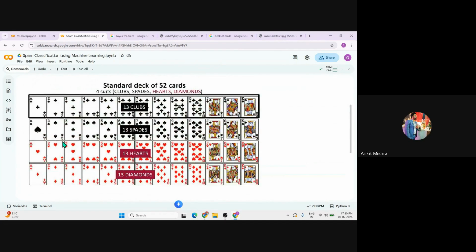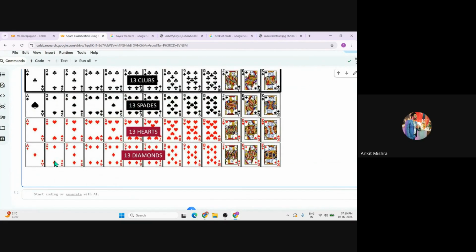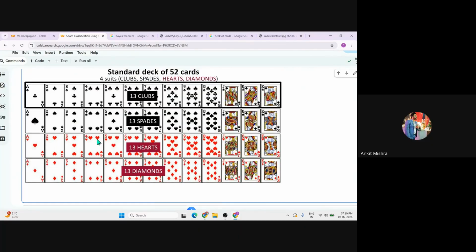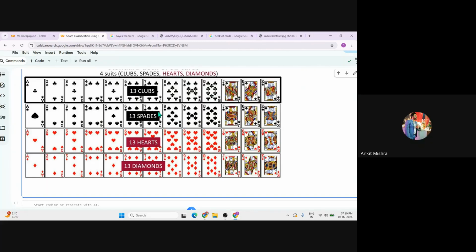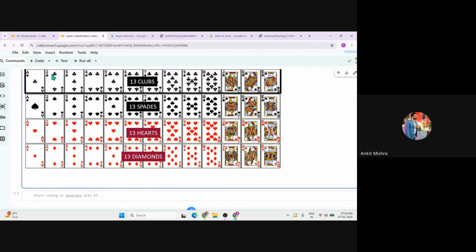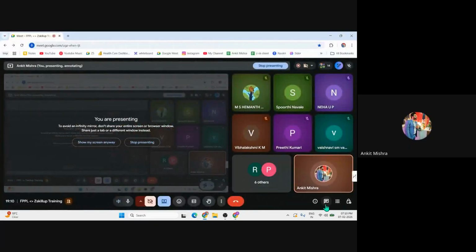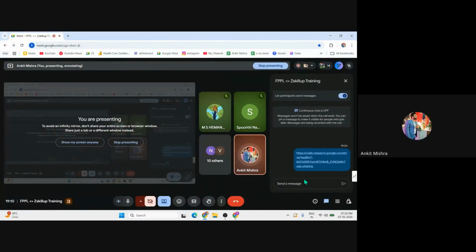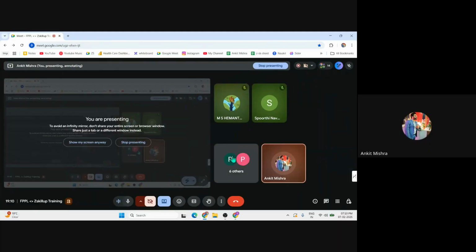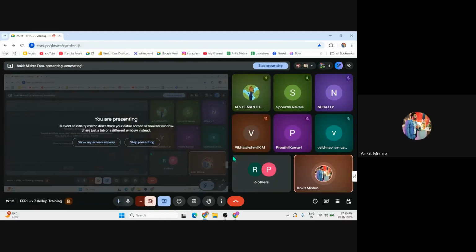So the very basic first question: what is the probability of getting J? Or let's change the question: what is the probability of getting K, a king card, out of a deck of cards? Just let me know, candidates. What is the probability of getting K out of a deck of cards? You have to participate in this question and answer, because this time I don't just simply explain things. You have to give the answer as well.